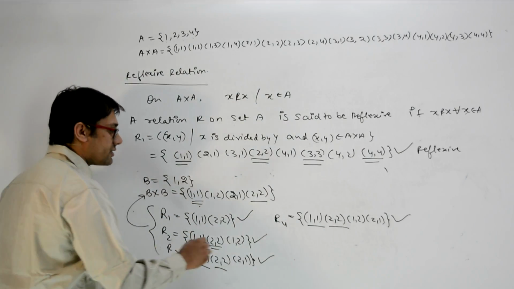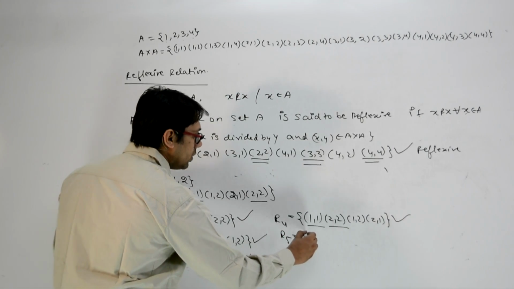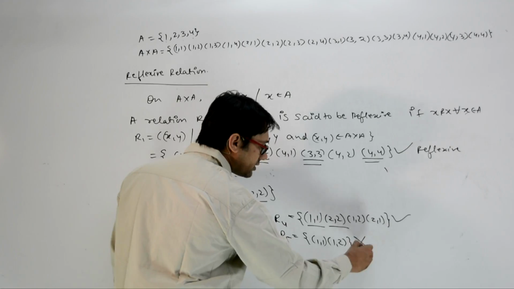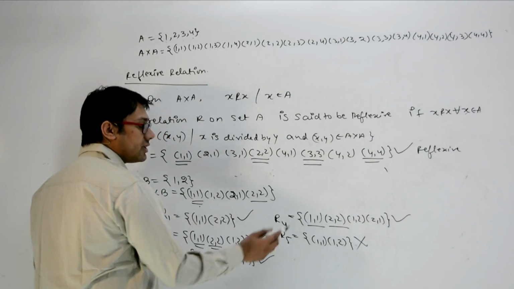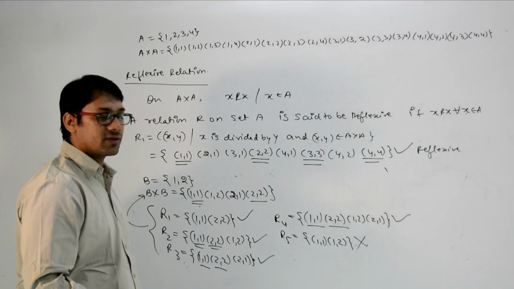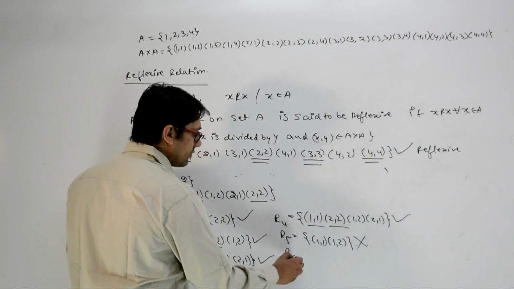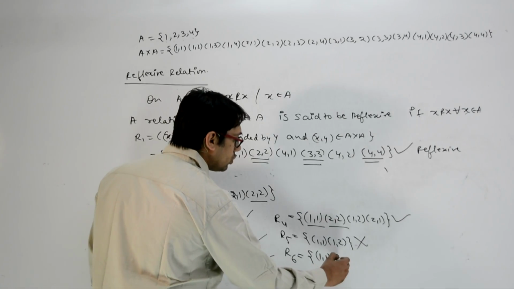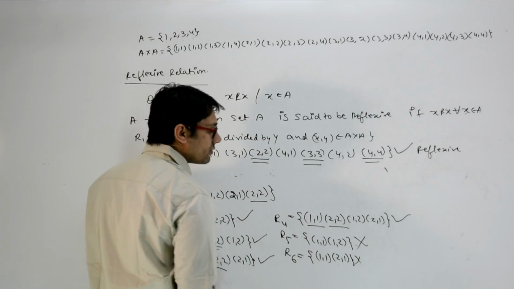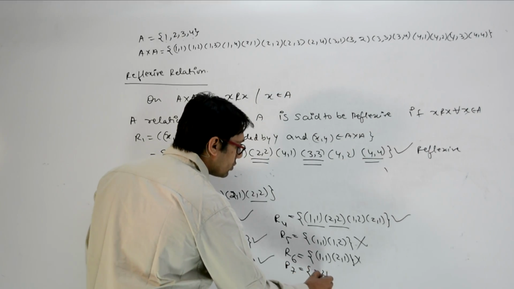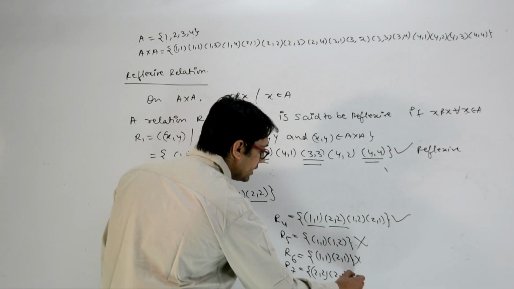But even if we have a relation like this, a relation R5 which is (1, 1) and (1, 2), now this relation is not reflexive. Why? Because it is not containing the ordered pair (2, 2). It is not reflexive, right? In the same way, if we define a relation R6, then it is (1, 1), (2, 1). It is not reflexive. If we define a relation R7, if it is (2, 2) and (2, 1), it is not reflexive. Why?